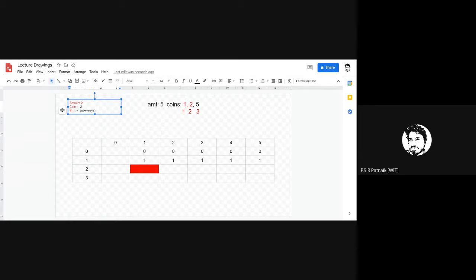Now to calculate a value for this cell, let us look at this. The coin under consideration, the coin at index 2, is 2. The denomination of this coin is 2 and the amount is 1. So can I realize the amount? For example, can I realize an amount of value 10 by using a 100 rupee note? The answer is obviously 0. As long as the currency value is greater than the amount being considered, it will always be 0.